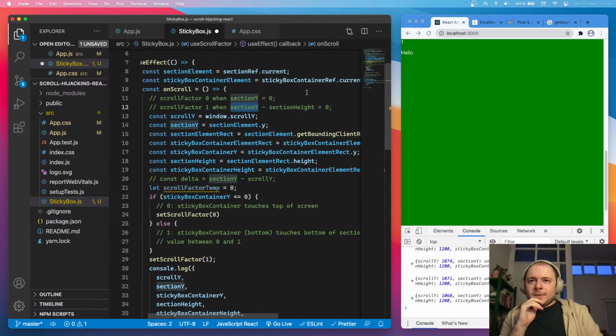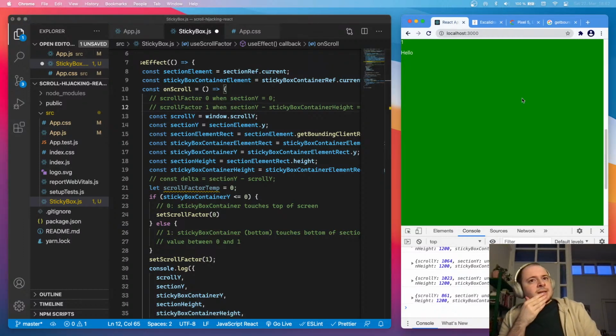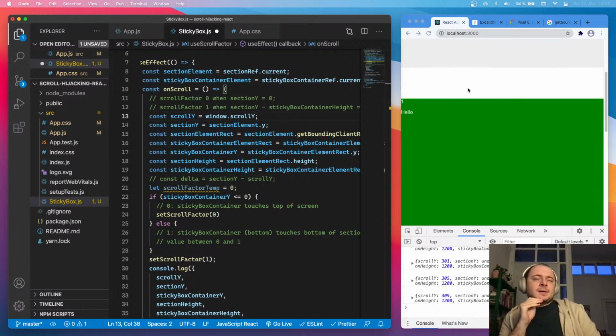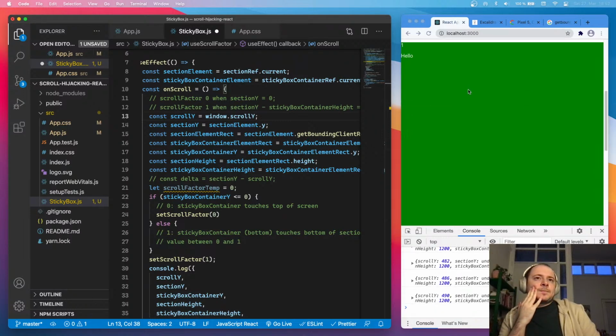Here's the scroll factor 1 when section Y minus section height. Oh, this needs to be actually the sticky box container height. Right? No. So if this